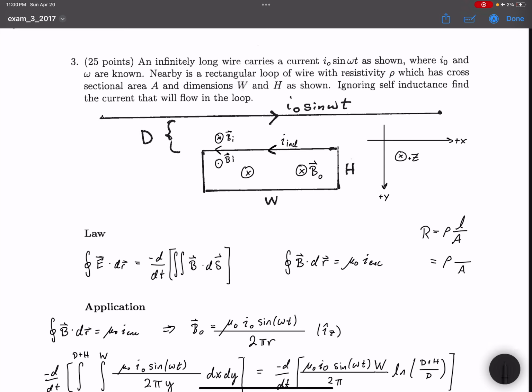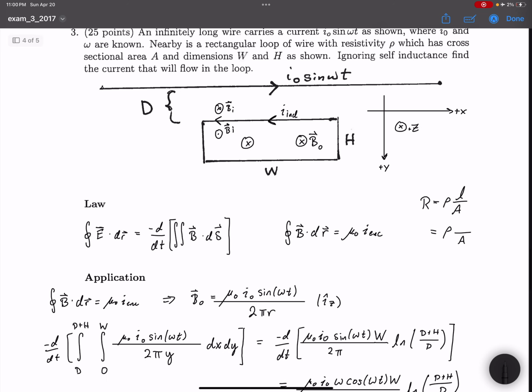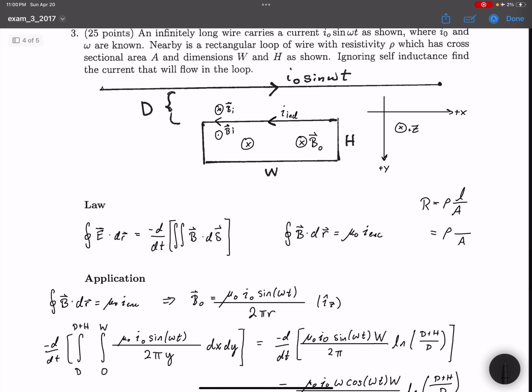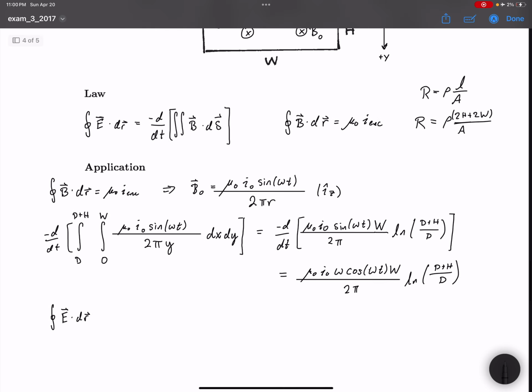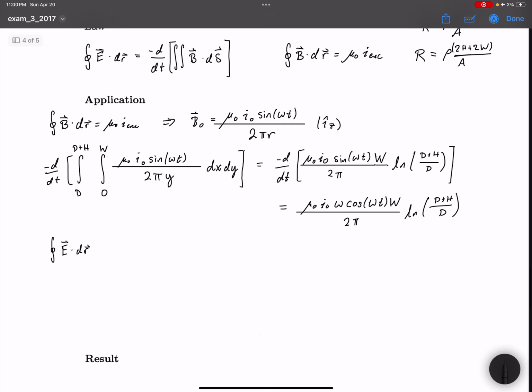So the equation for resistance is the resistivity times the length of the wire that the current is running over, divided by its cross-sectional area, which we have both of those things. The length of the wire that the current's going over is the perimeter of this loop, which is 2h plus 2w, and that's going to give the resistance. Okay, so, perfect. So the only thing we really need to worry about here is